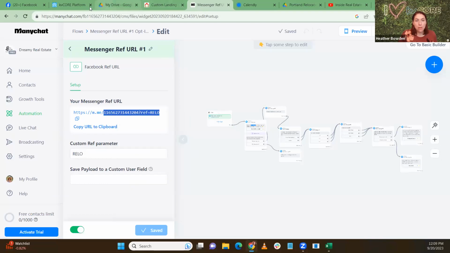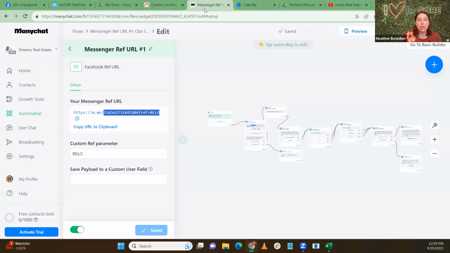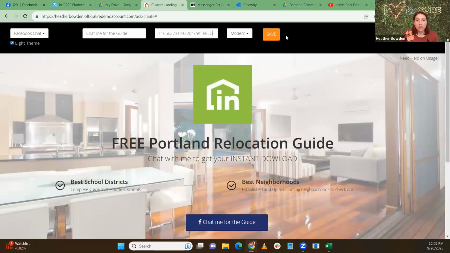Copy. Paste. There we go. So all you need is the end part after the m.me/, and then it will work. And so if I save this,